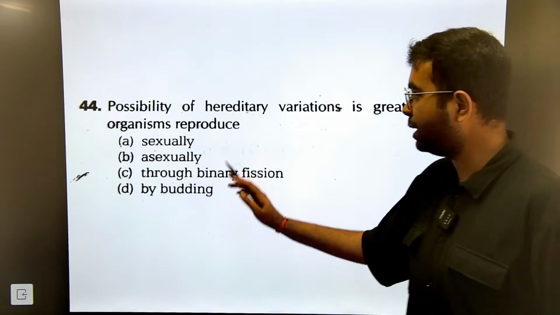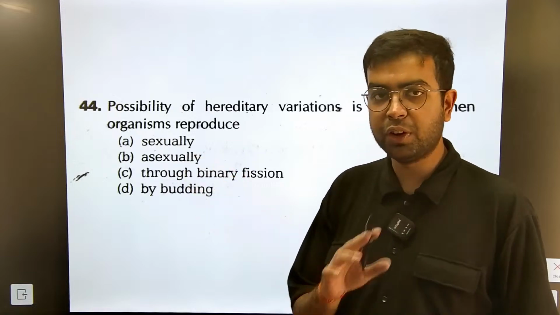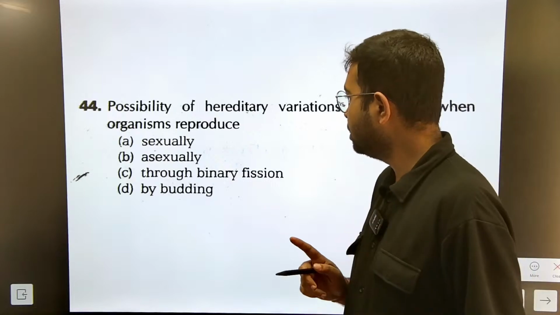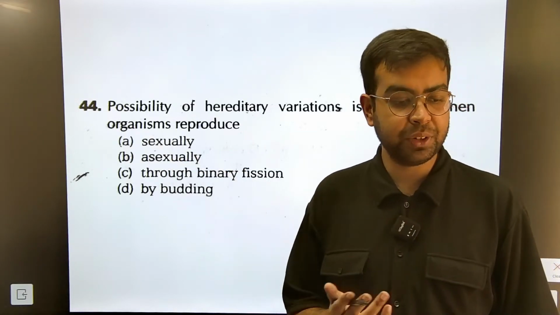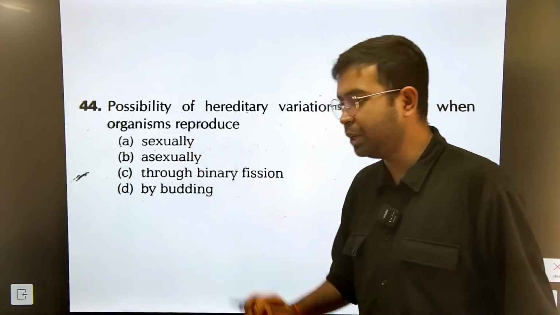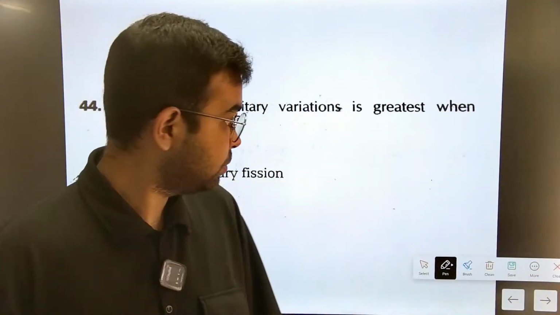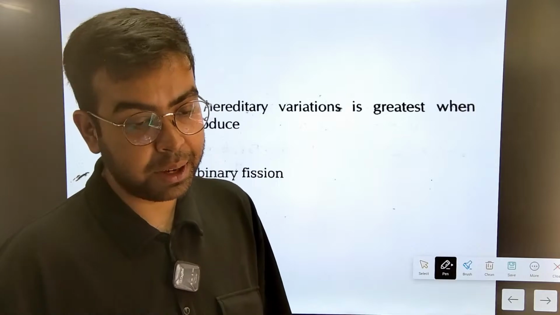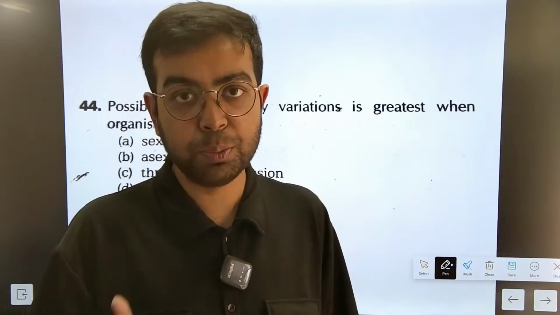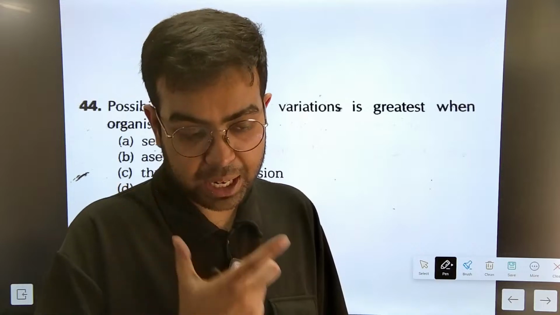So now see, budding and binary fission are types of asexual reproduction only. Why? Because there is no involvement of a second parent. एक parent अकेला ही reproduce कर रहा है, और एक parent अकेला reproduce करने से वो exactly same होगा मम्मी पापा से, कोई variation होगा ही नहीं। मम्मी पापा क्या, उसका एक ही parent है, मम्मी पापा का concept ही नहीं है उसका। But in case of sexual reproduction, for example in humans, we have two parents, ठीक है, we have two parents। होता क्या है, since you are the child of two parents, you have some characteristics from both of your parents। आप सेम अपने पापा जैसे नहीं दिखते हो, या फिर सेम आप अपने मम्मी जैसे नहीं दिखते हो।